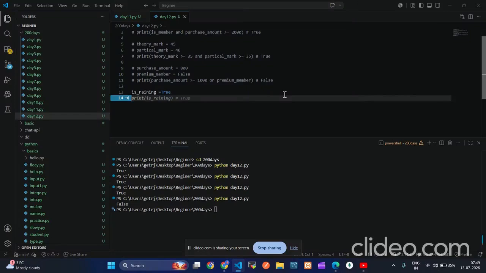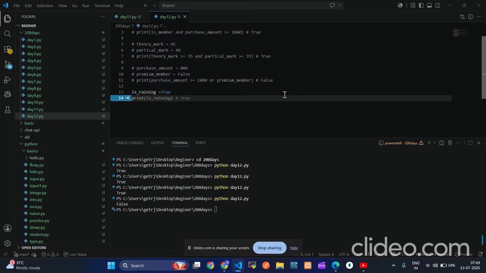That means it is currently raining. The not operator simply changes the value to the opposite. Not True becomes False, so Python prints False. That means the weather is not suitable for outdoor activities.